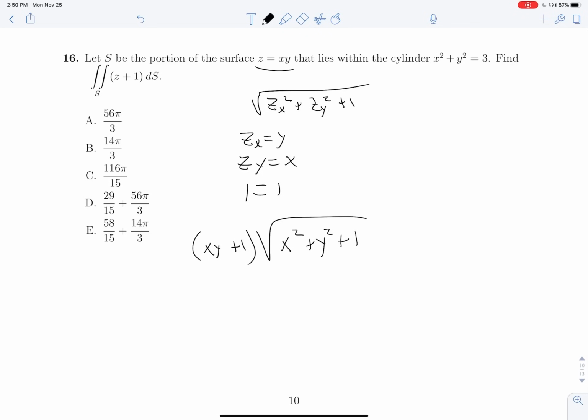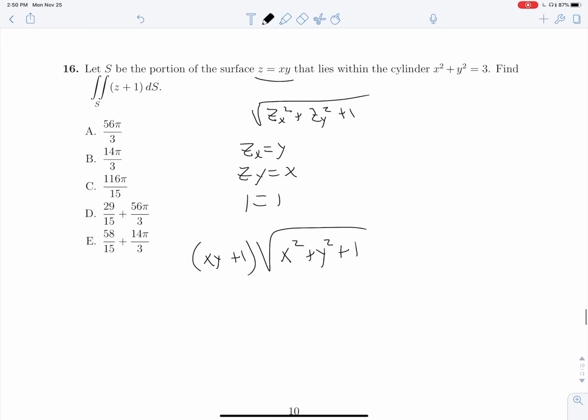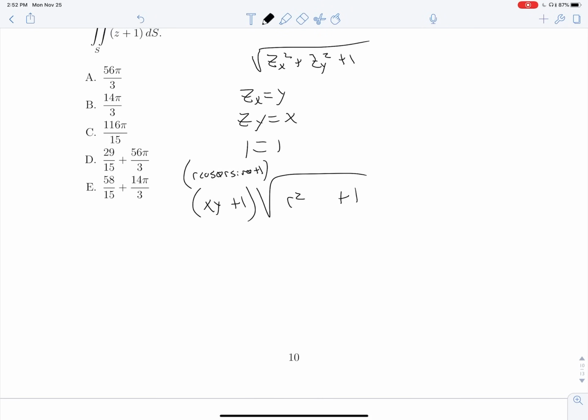Perfect. So now all we have to do is put this into polar coordinates and take our integral. So we know that this is on the xy plane, this is a circle of radius root 3. So we can set up our overall integral as a double integral from 0 to root 3 on r and 0 to 2 pi on theta of,